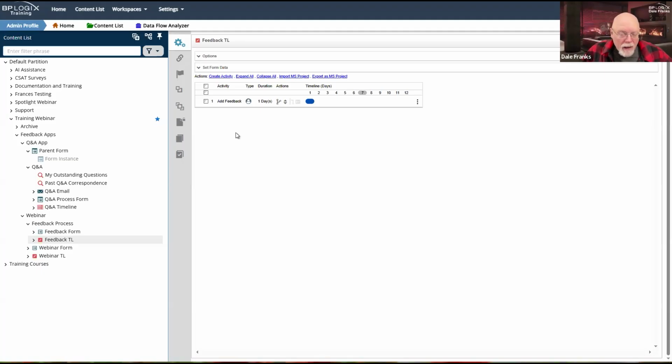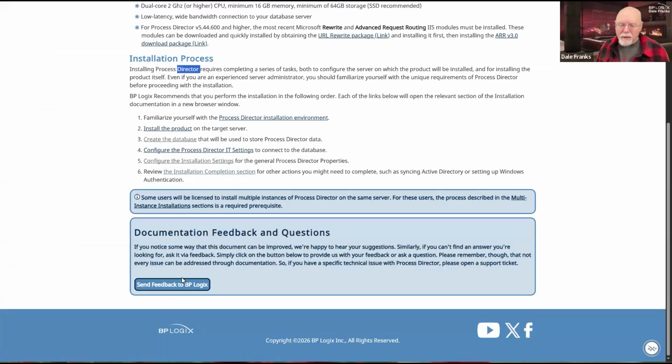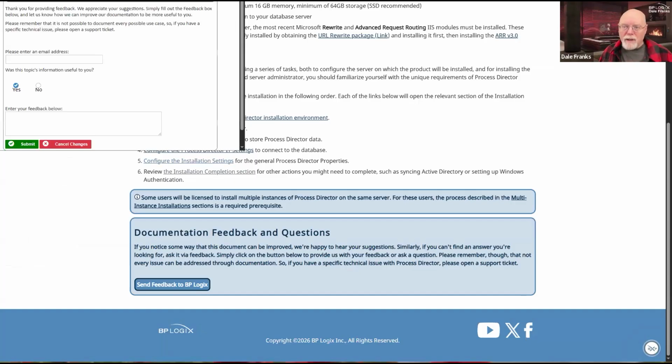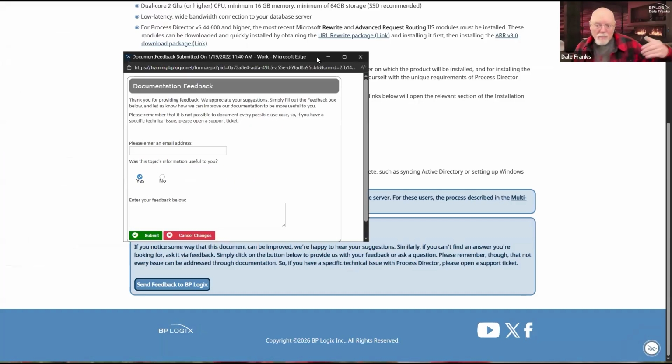Feedback is going to operate a little bit differently, and there are a number of different things. Do you want to assign a feedback to a person so that they can perhaps provide a response? Are you just gathering feedback? Again, if we go back over here to our documentation feedback, once I submit this form as an end user, nothing else happens. I'm never going to see a task. Quite honestly, I don't really know if anybody is ever going to see this form.